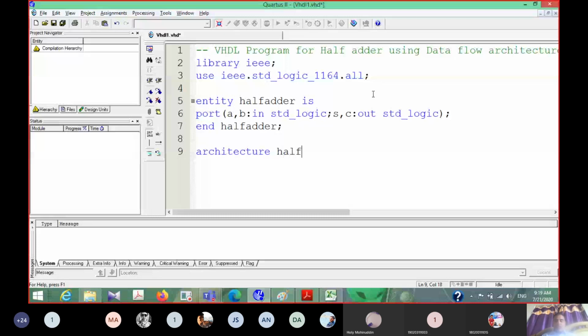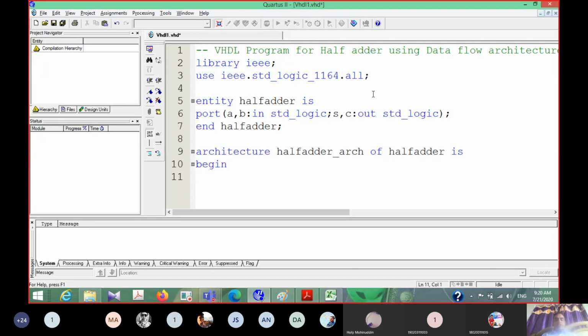Let's give the name of the architecture as half_adder_architecture of the name of the entity. So here we have to specify the name of the entity. Here is the space where we can declare signals and variables, internal connections, if we want to use them, but in this we do not have any internal connections, so we can directly begin.